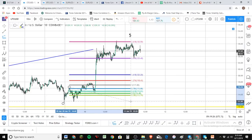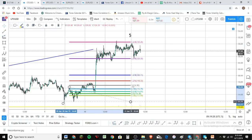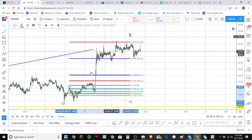What you'll notice is that this third wave didn't stop at the 2618. It went to the 3618 extension. So this is most likely the third wave. You've got 5 clear waves here: 1, 2, 3, 4, 5 right there. So there's the 5 waves of 3. So to give a sub count of what we're looking at: